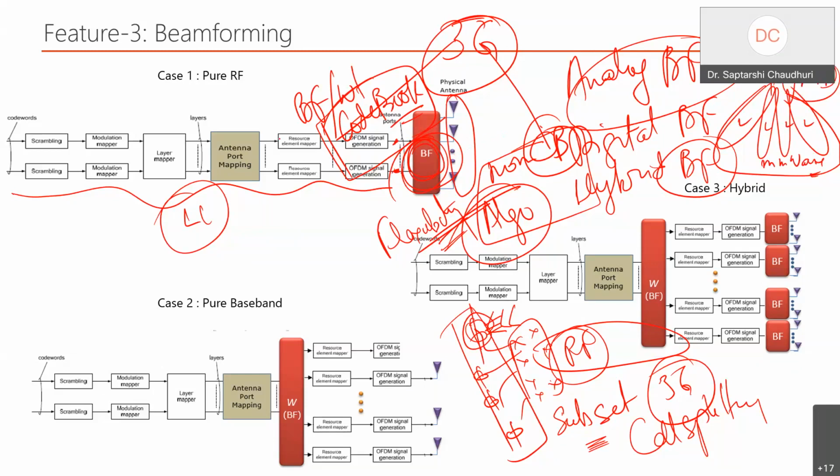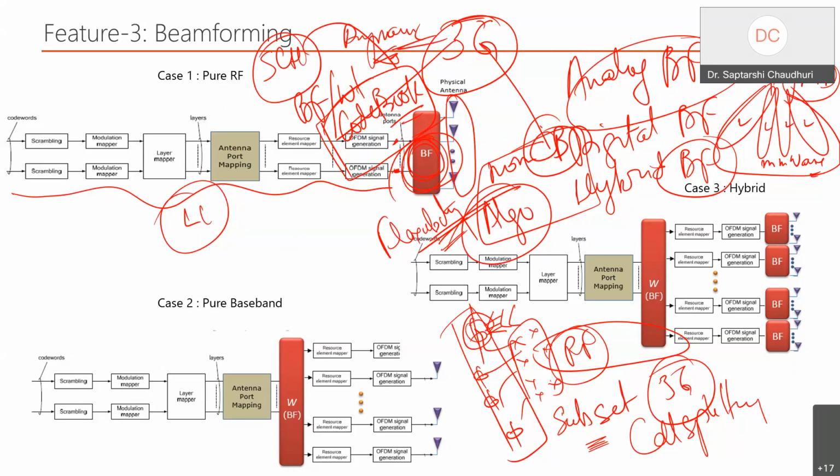Again, there is one guy in tier 2 called the scheduler. Now we have put it back to the scheduler to control, to do a little bit of the dynamic. We can make it static also, but we can make it as dynamic as possible. That is one way of thinking of doing this analog beamforming.